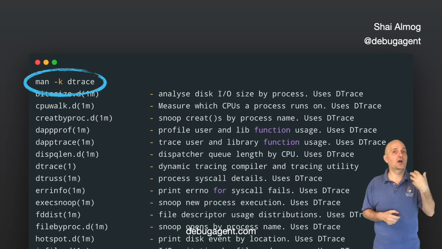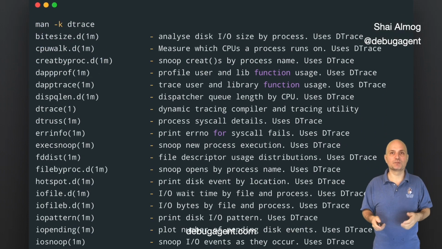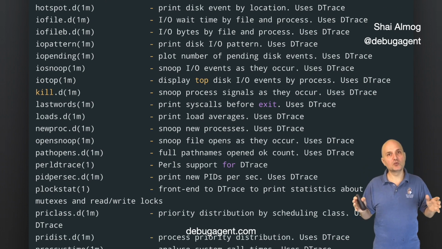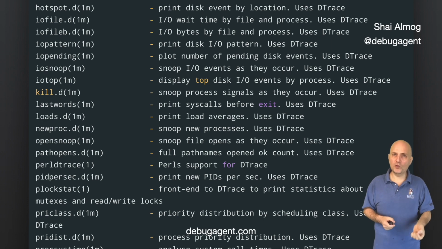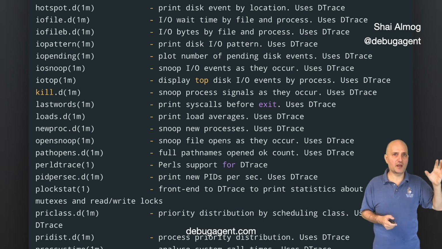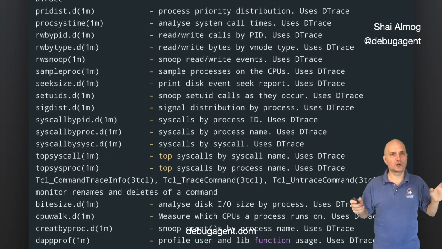There are a lot of them. Think of them as ready-made recipes that we can use to implement all sorts of cool capabilities. It's worth your time going over this list to realize what you can do here. The full list is very long, and this tool alone warrants its own book.